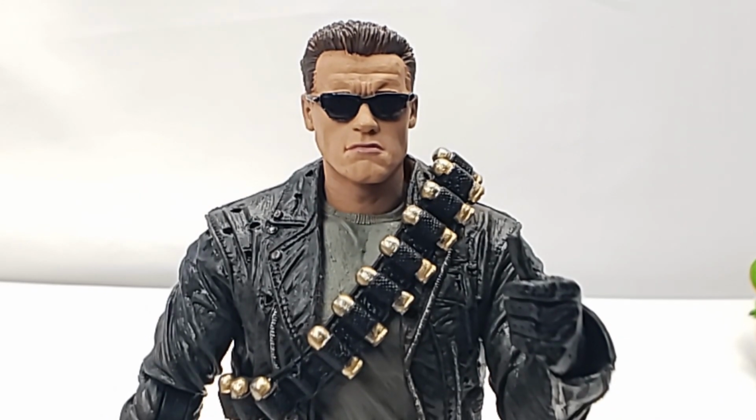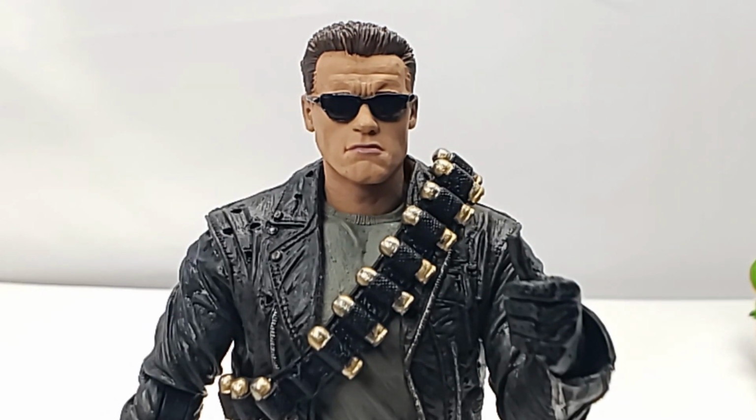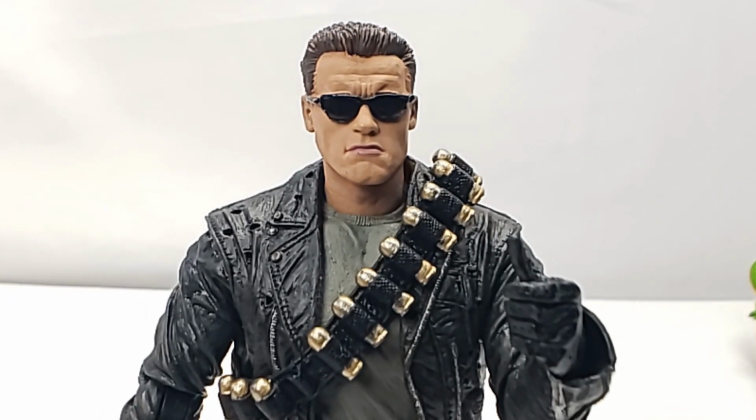You could see that the sunglasses are on there. The lips look really good. You can't take a look at the eye detail, but I feel that this is probably the closest you're going to get to an Arnold looking sculpt, because he does kind of resemble Arnold a little bit better with the sunglasses. You could use this to recreate your scene when he's trying to rescue Sarah Connor from